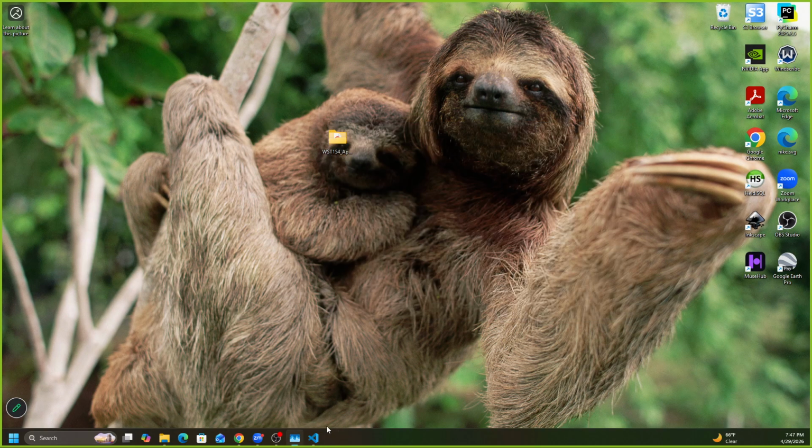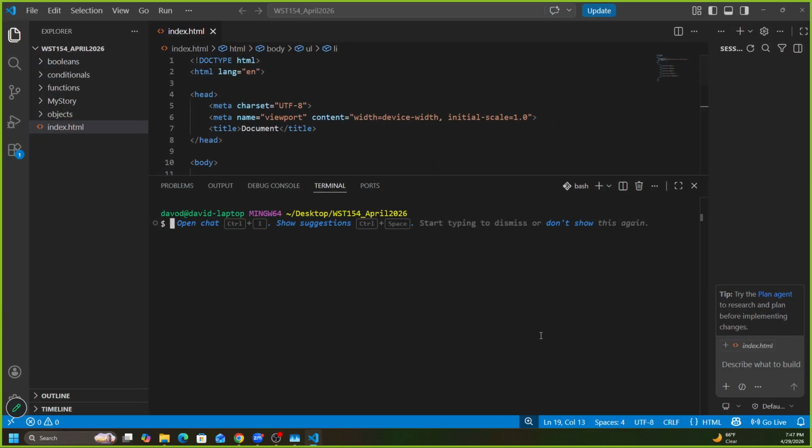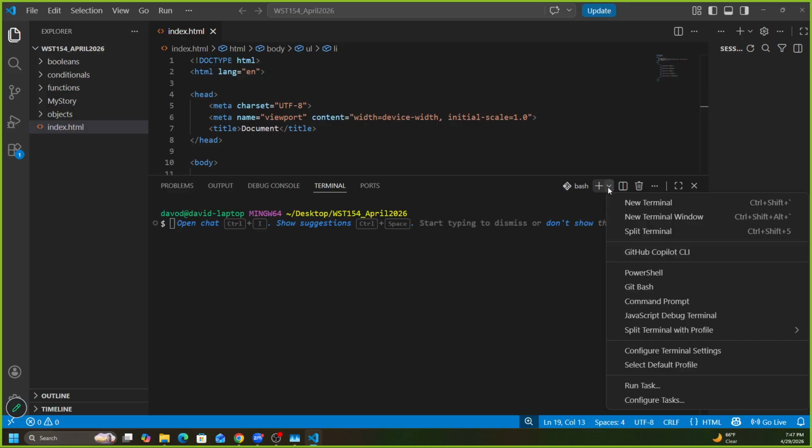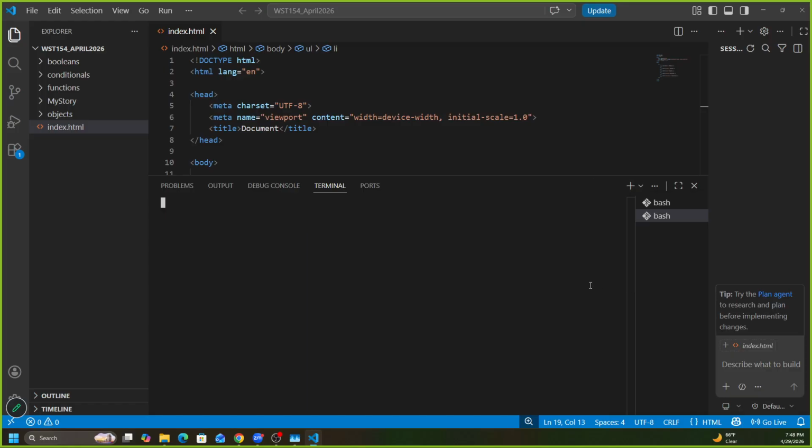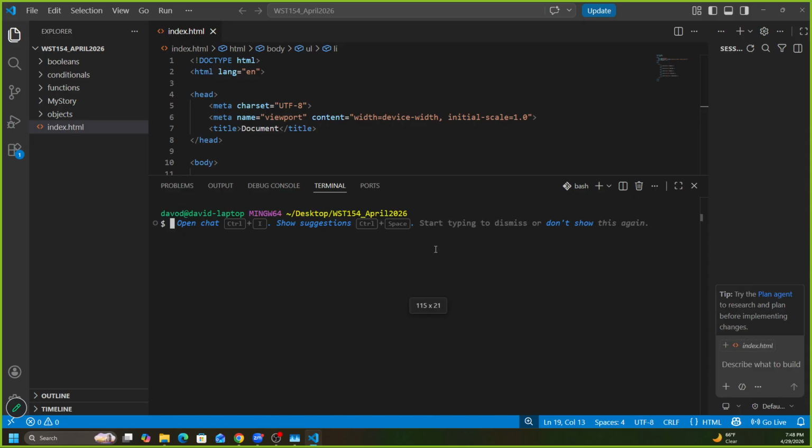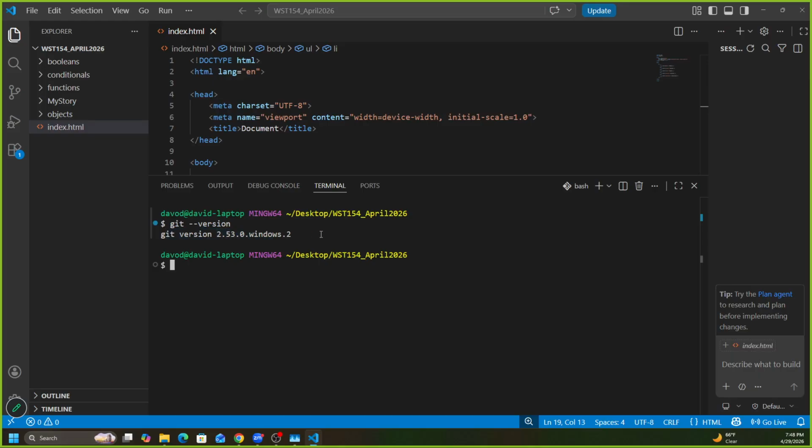So whenever I go here to the terminal and click on this drop down and pick PowerShell, Git Bash, or Command Prompt, I'm picking one of the different terminals. So I'll use Git Bash. And if I have multiple, I could click the trash can to close one. And then I'll just type git --version one more time. So you can see I have git version 2.5. If I type git init,